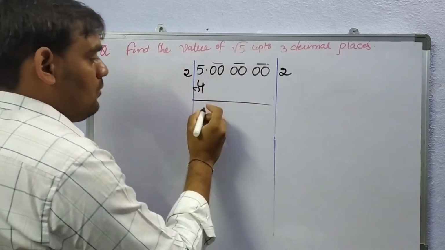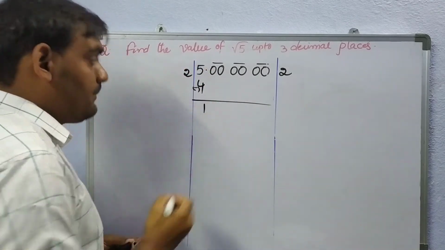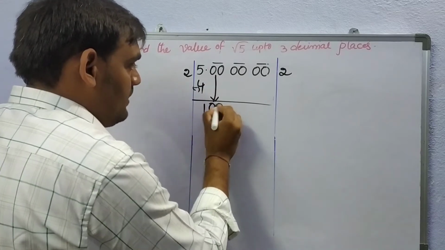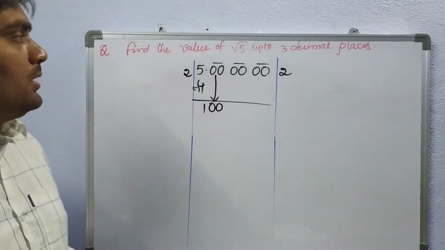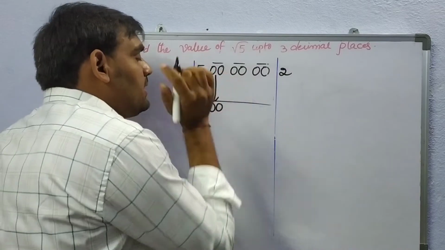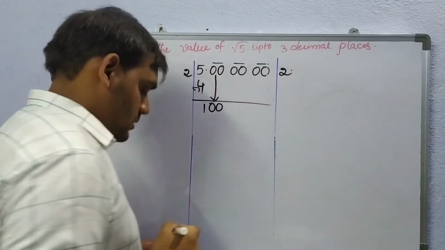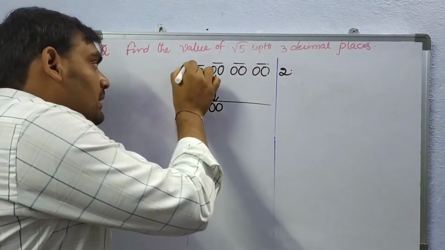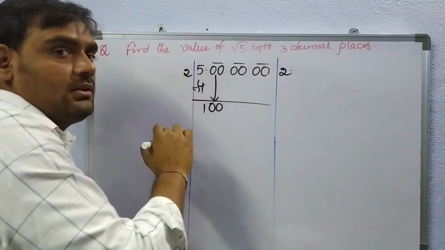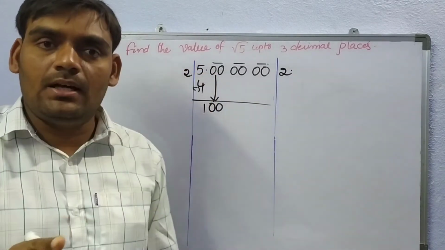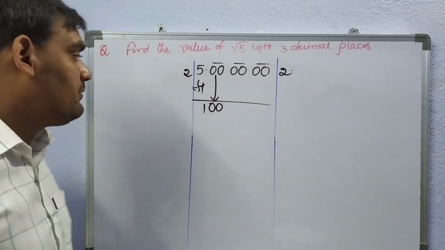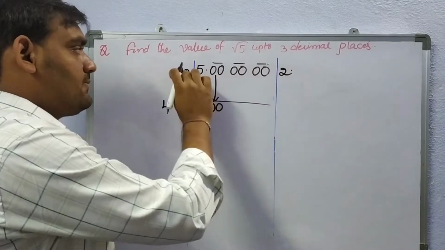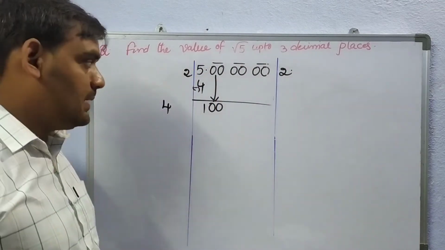5 minus 4, 1. Next we need to drag this group, so this number will be 100. What is the point here? Decimal point. We need to keep it here also. Here we can double the quotient or else double the unit digit of this one. So here we got only one digit, so you can double that one. What will you get? You will get 4. This one or this one, no problem at all for the first step.